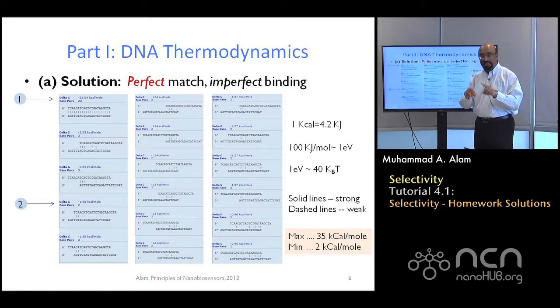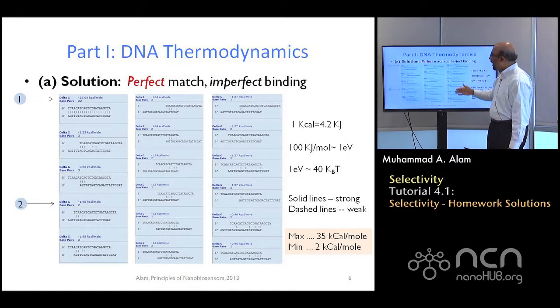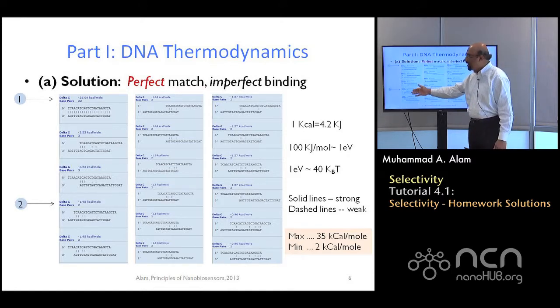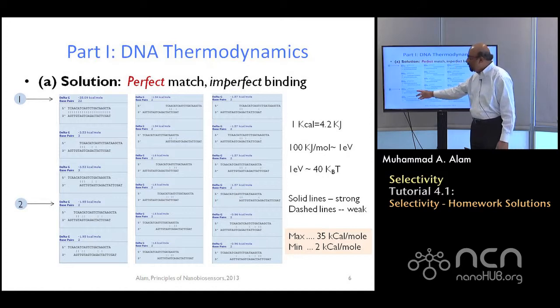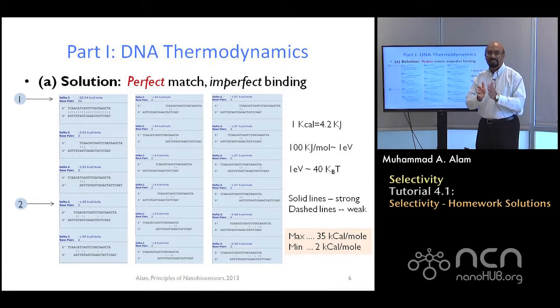So although in this case, we have perfect binding, in principle you'll have a lot of cases where statistically the binding is not so strong. So you can count 1, 2, 3, 4, 5, 6, 12, 14, 15, 16, there is about 18 in here. 1 in 18 cases, the binding will be very good. This is the challenge, that even when the sequences are complementary, it is difficult to make sure that they get aligned properly and they are bound strongly.